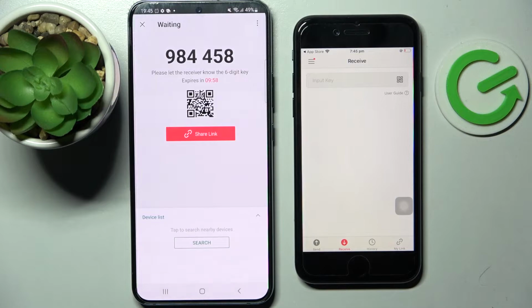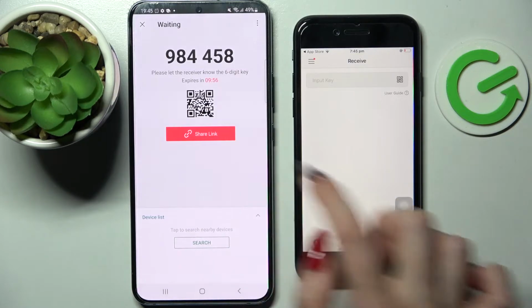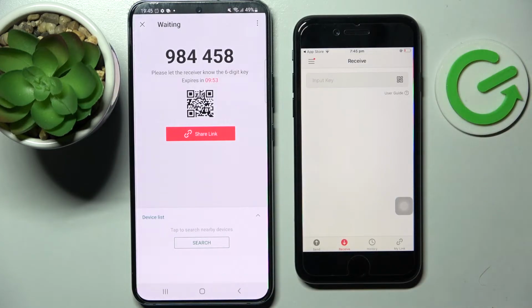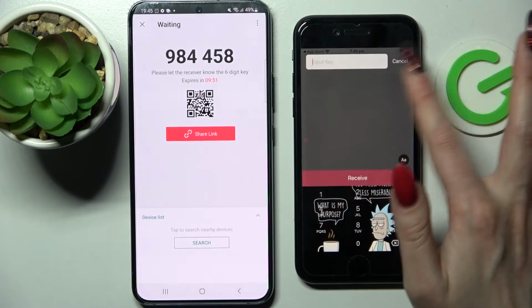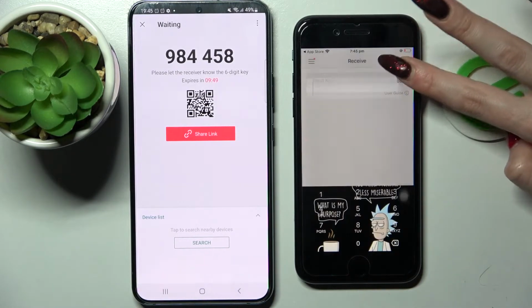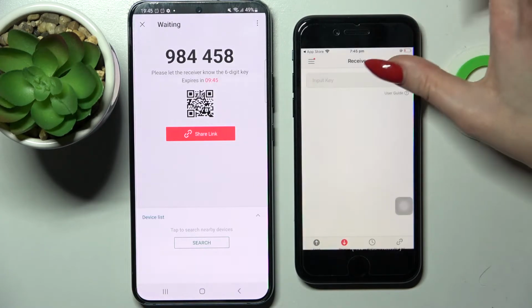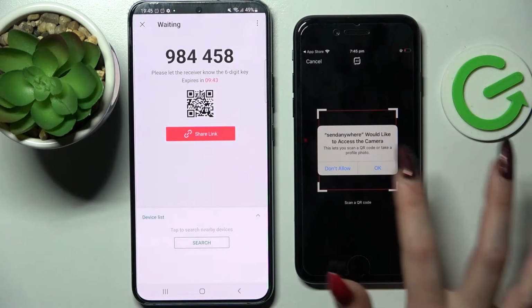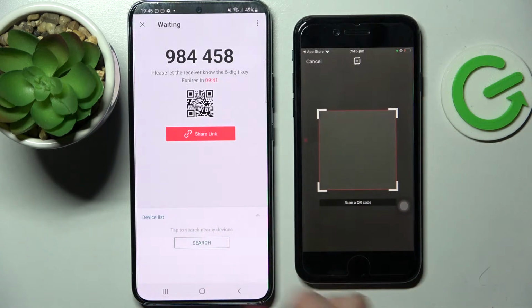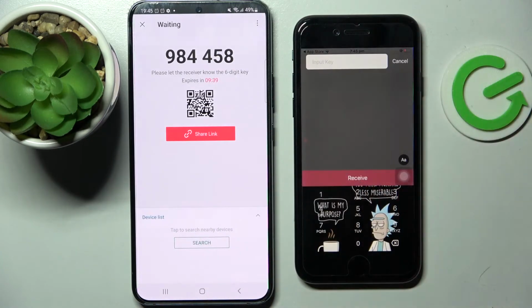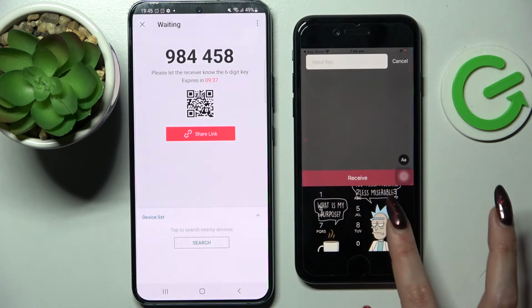As you can see from here, we have two connection ways. We can scan this QR code by tapping on this scanning icon on iPhone. It's a little tricky though, it not always work on this iPhone. Okay, and now select OK. Then just scan QR code, but you can also much simpler input this key here